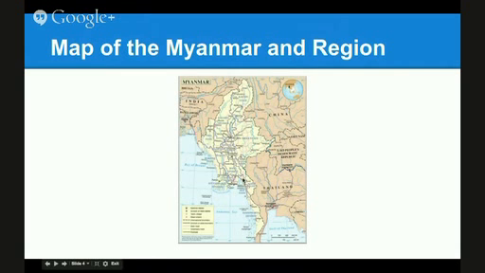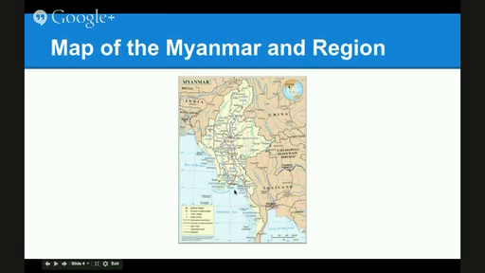So here's a map of Myanmar. Myanmar has access to the sea, but borders Thailand, a little bit of Laos, China, and India, and then Bangladesh right here in the northwestern part. We're concerned with these border areas in Myanmar, especially here with Thailand,